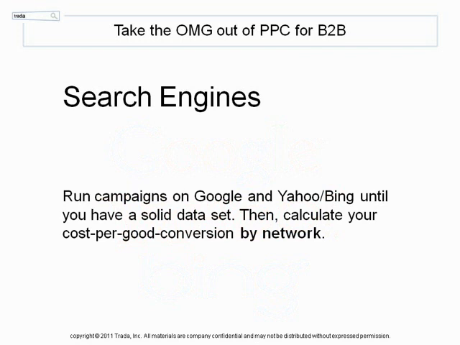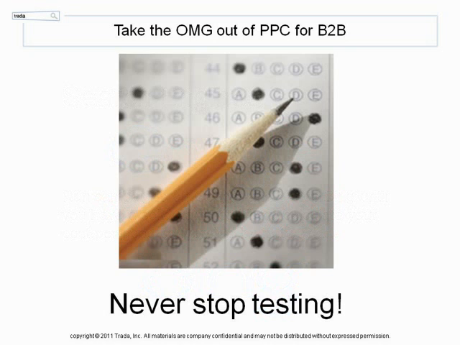You run campaigns on Google and the Yahoo Bing search network until you have a solid data set. You could call it 100 conversions on each network. And then determine how much you spent on each conversion by network. Very important. So you might find that while one network generated a smaller percentage of good leads, its click prices were dramatically lower, and that would give you a better ROI on that network. So basically the takeaway here is just that you need to test. With paid search, you can generate data quickly and determine where the best leads are coming from, and you can change your behavior based on that.